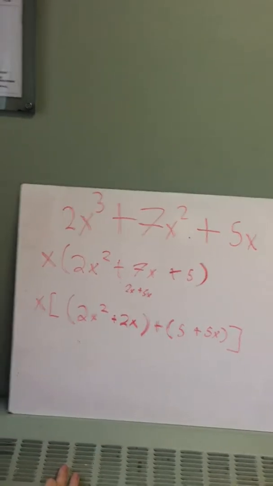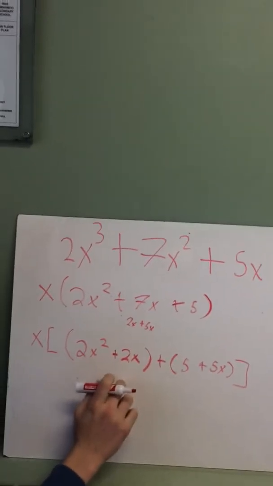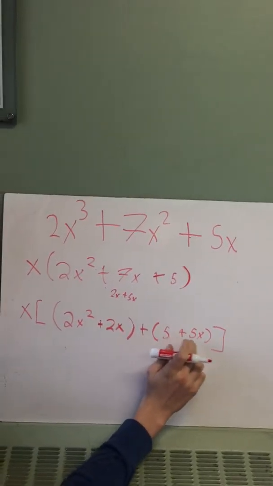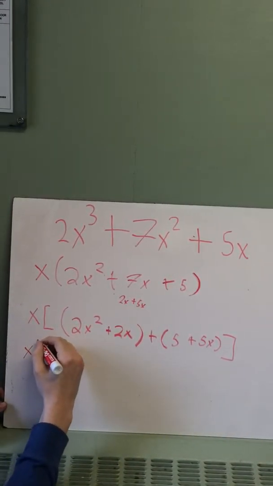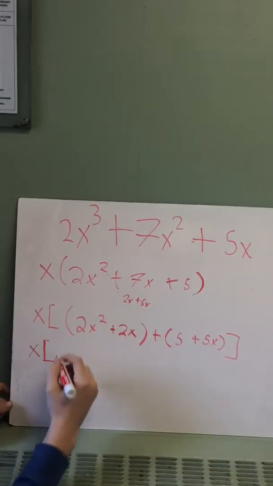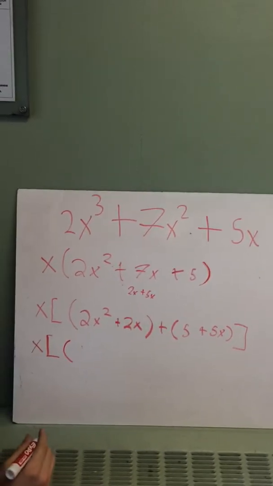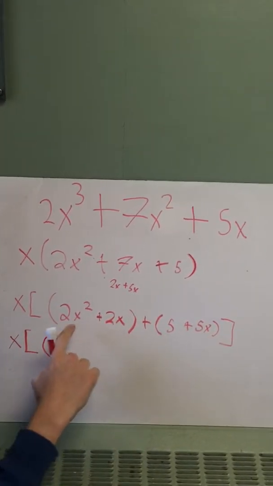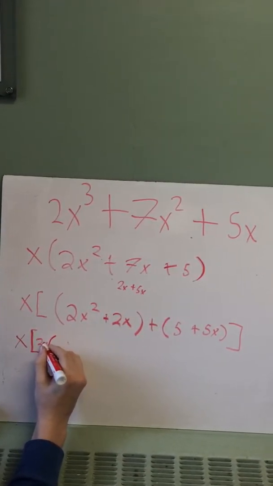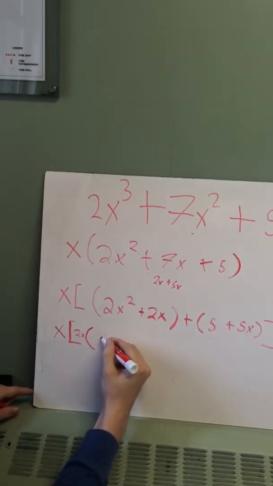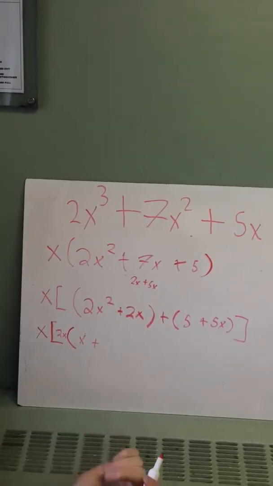So you're like, great. Well, I can clearly see there's a 2 x's here, and there's also 2 2's. Same for here, there's 5, but there's only 1 x. So we're going to have to factor again. So we're going to have to rewrite the equation, x square bracket, and little bracket. So what we're going to do is we're going to factor out the 2, and there's also x for each one. So the maximum degree, here's 2, and here's 1, so it can only be 1. So we're going to write 2x in here, and that goes down to x plus, you're like, oh no, there's nothing left. Well, it's going to equal 1,